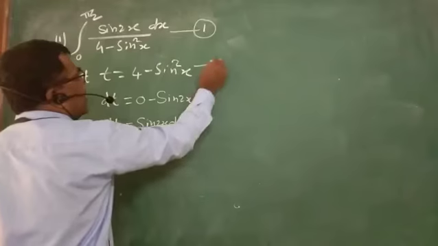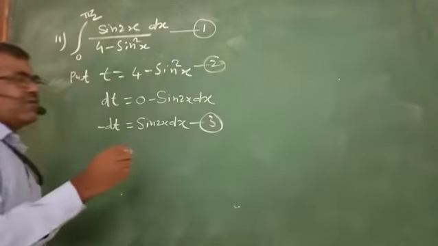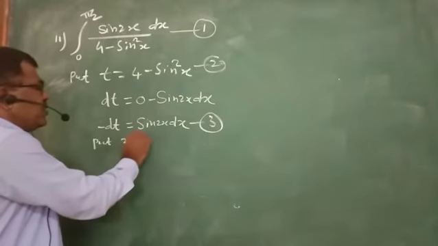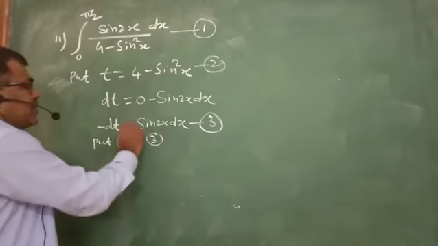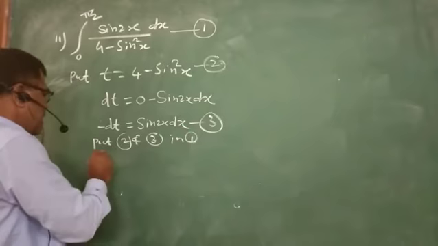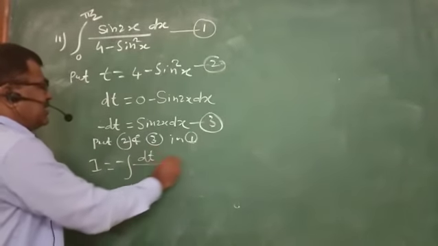Equation 1, equation 2, equation 3. Put 2 and 3 in 1. That is I equal to integration minus dt upon